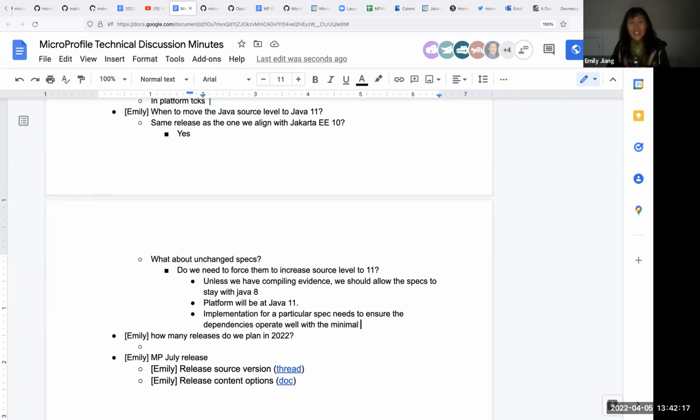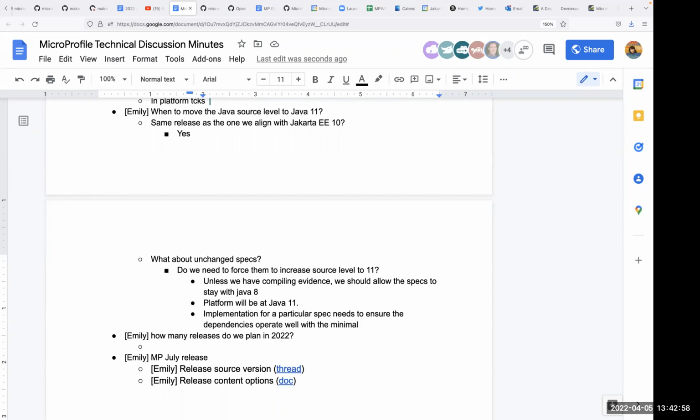At the minute there's no concrete plan to change Config as yet. So if Config stays as 8, there will not be a huge impact. However, I think you're right. If it goes to 11, it has a knock-on effect. Emily, it's not true. If it's any part of the platform specification, it doesn't matter which one, as long as it's part of the platform, you need to change your TCKs, because otherwise you may not be able to run